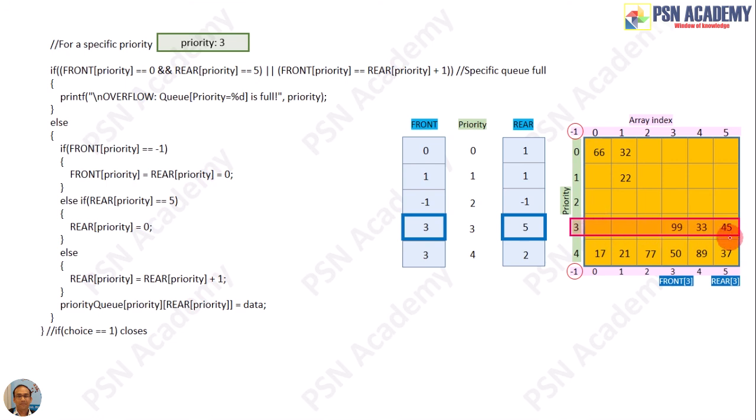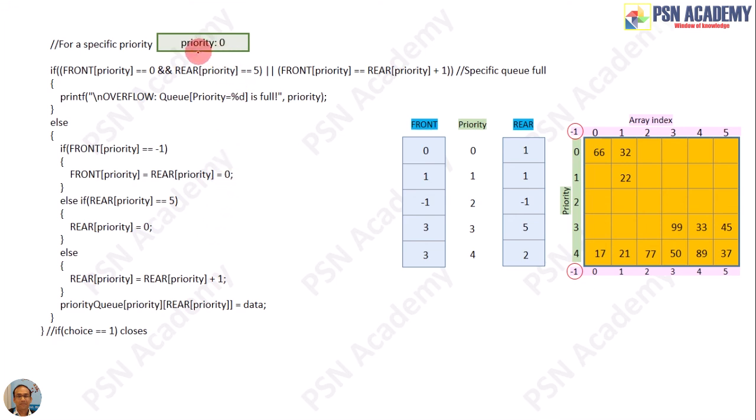So you should bring rear 3 from here to here. So you write, if rear priority is 5, then set rear priority to 0. So this becomes 0. So here you got the new position of rear.